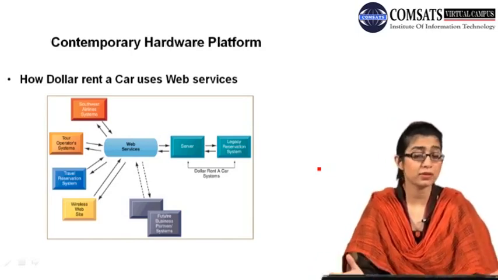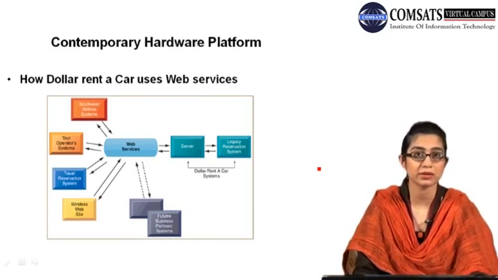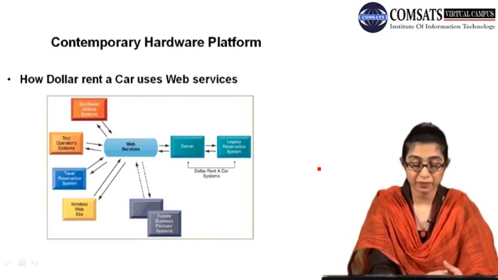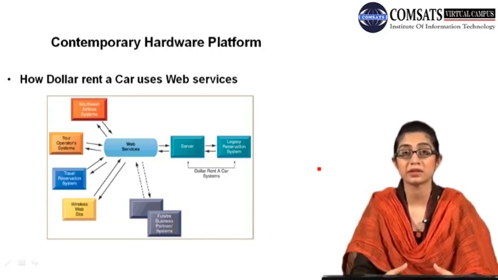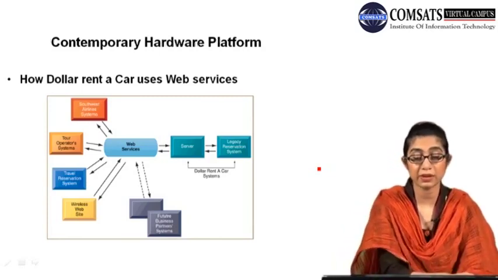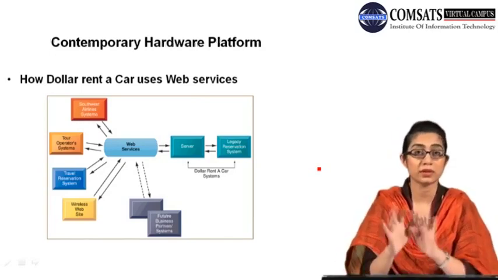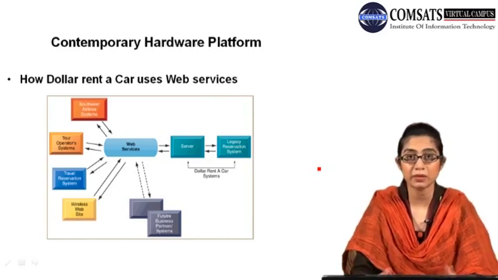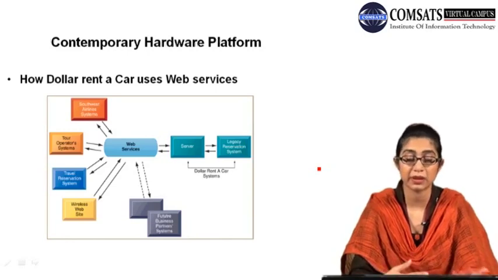And it does not have to depend on any kind of language, जिसमें भी उनका code लिखा हुआ है reservation का या उनका code लिखा हुआ है airline system का, it doesn't have to depend on that. Communication के लिए, if they're using the service-oriented architecture, if you're using the XML, then simply communication के लिए ये चीज़ें काफ़ी हैं, right जी? So all that data, it can simply take the data from the airline system, or the airline system can simply take the data from the rent-a-car service and show it on the screen. Okay, this car is available, and anybody who's coming can access or reserve the car from the airline site then.